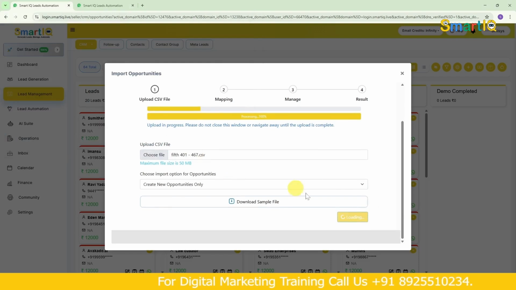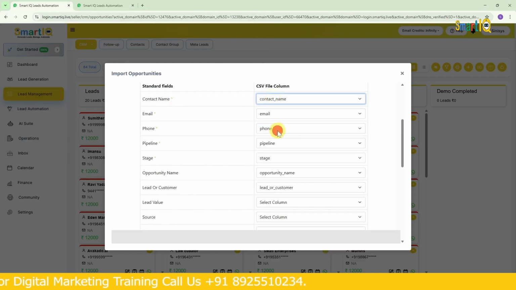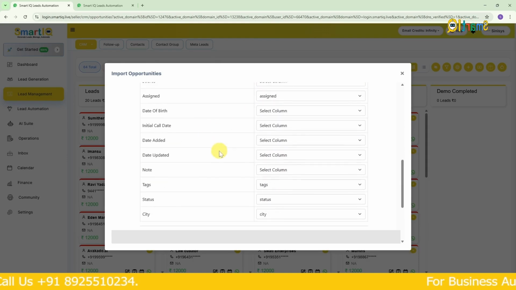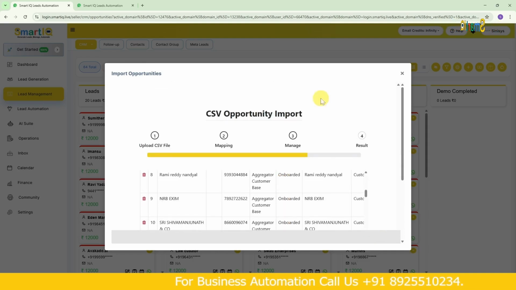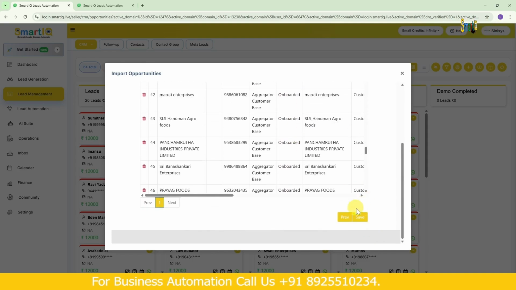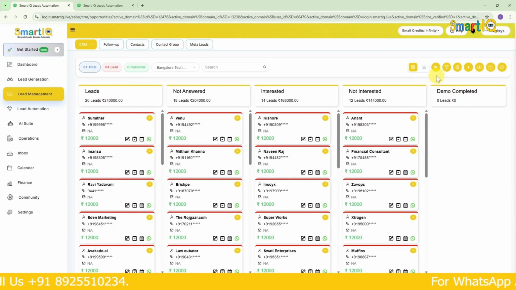Then it will look like this. It will ask you to map. Now I have mapped contact name to contact name and also mapped it to email. I have mapped each one accordingly. Like this, for all 11 columns, we map them as needed and click next. Then what happens is, it will check everything, make sure everything is correct, and if we click save, it will import and all our data will come into the lead stage. Whichever pipeline we chose, it will come into that pipeline stage. So this has come in now.